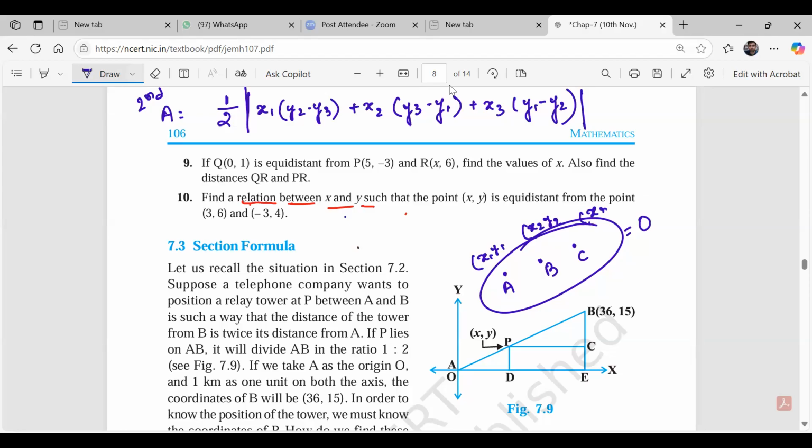And what is this line? So this line is the absolute value. Okay, this is actually the